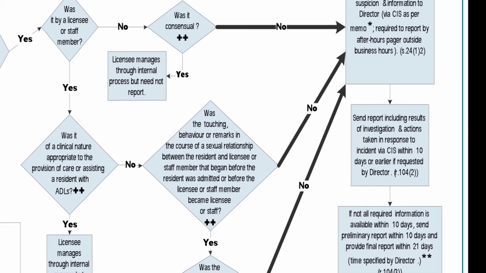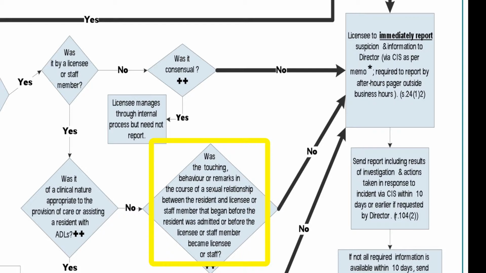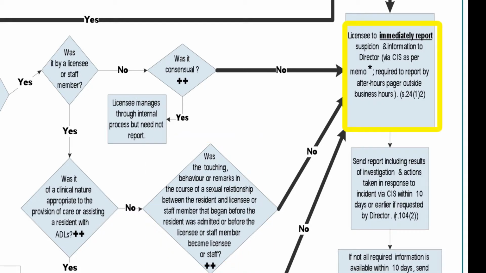However, let's back up here. Was it in the context of that previous relationship? If the answer is no, then that's very straightforward. It became a staff to resident situation, really a breaching of that staff to resident contract, because you have a contract of care. That's a professional contract of care that's about giving care to somebody who needs care. So that's a breach of that,